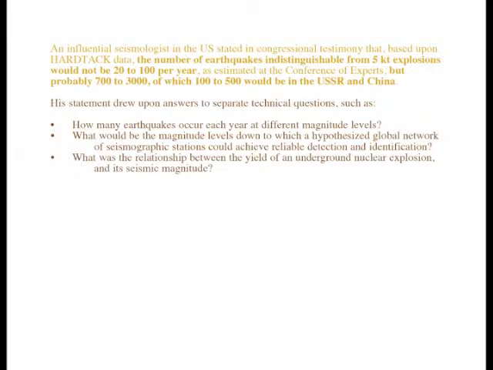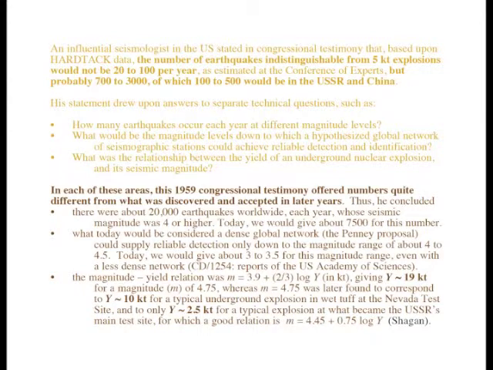So that's a pretty remarkable summary statement, and it can be broken down into 3 different steps. How many earthquakes occur each year at different magnitude levels? When would the magnitude levels be successfully monitored? That's to say, down to what threshold could reliable detection and identification be achieved? And then how to relate the magnitude to the yield, to get from the seismic summary, an expression of detection capability perhaps in terms of magnitude, into something that would correspond to a yield. So in each of these areas, this key summary from 1959 turns out